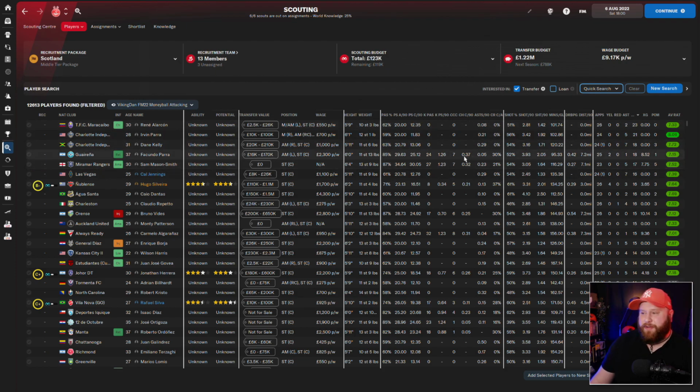So again, kind of like in the XG and the goal scoring, if someone's got high chance creation per 90, but not many chances created, maybe they're just not getting a lot of game time, but when they're on the pitch, they are creating chances. Same with assists per 90. If someone's creating a lot of chances per 90,